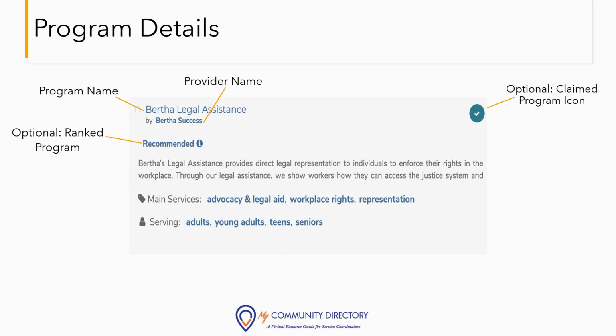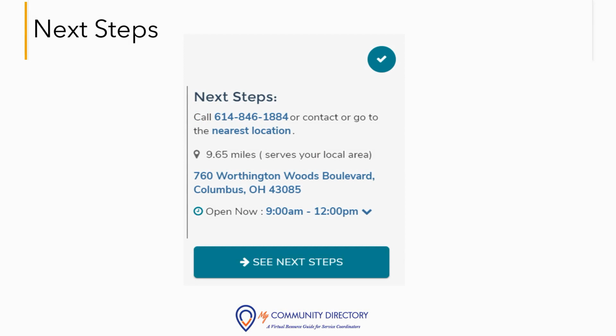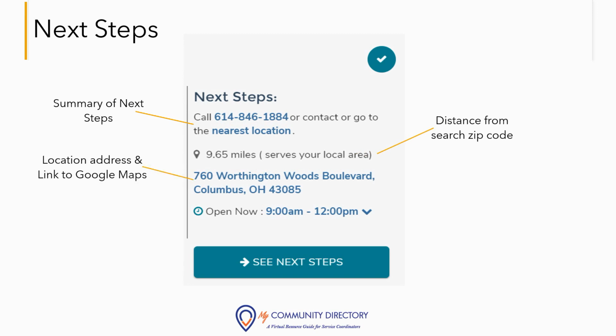Programs can also be ranked, and that information would be listed here. There will always be a program description, service tags detailing what it is that this program does, and personal tags targeting demographics being served by the program. The other half of the program card is this next step section. There will be a summary of next steps, a distance from the search zip code, the address of the program